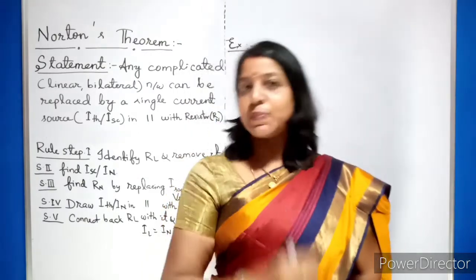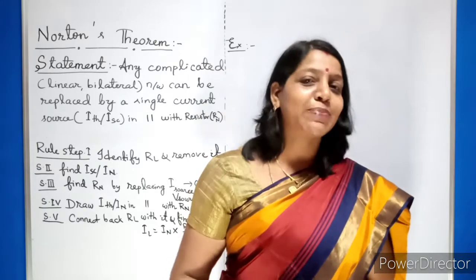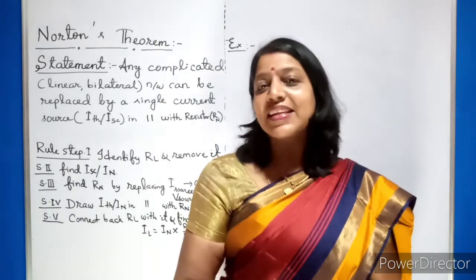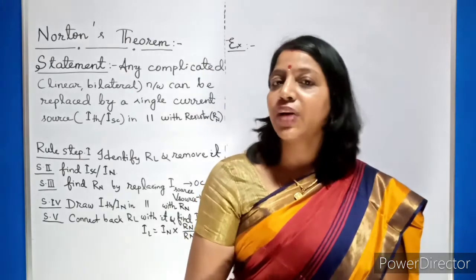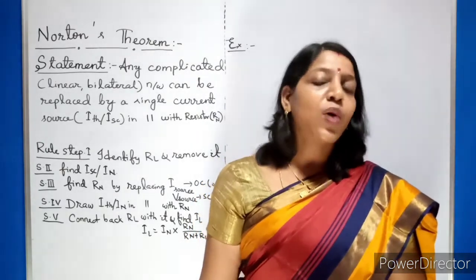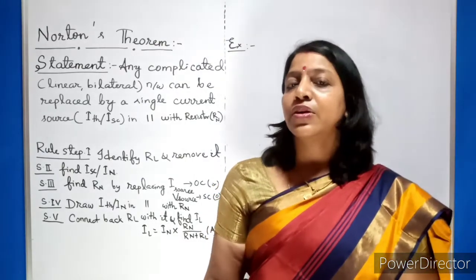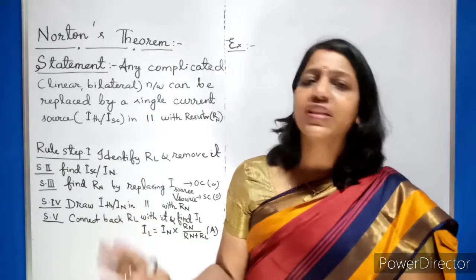Imagine that there is a source present here and give the direction of current. If there is a division of current, it is a very clear indication that the resistors are connected in parallel. If there is no division of current, it clearly indicates that they are connected in series. So RTH or RN is the very crucial point to find. Remaining everything is very easy.